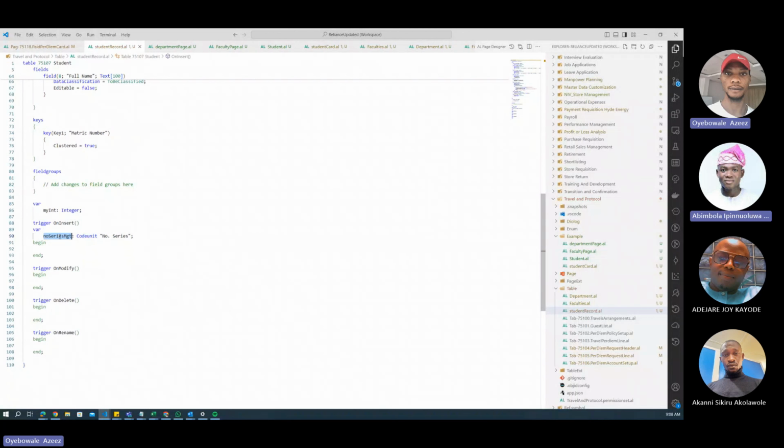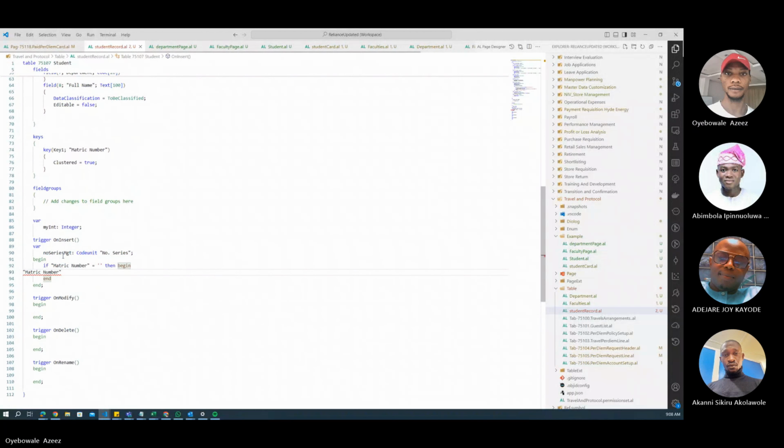Right? So yeah, what do we want to check? So we want to check if matric number is empty. Then we want to generate number series. So what should we generate? So we now say matric number is equals to number series